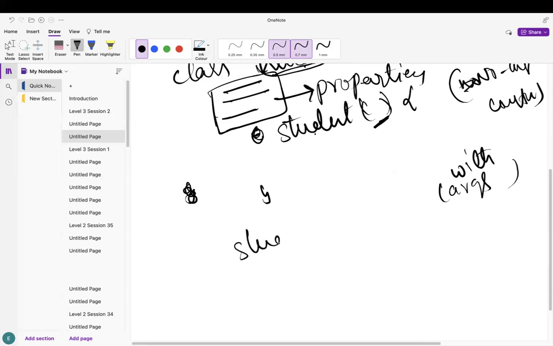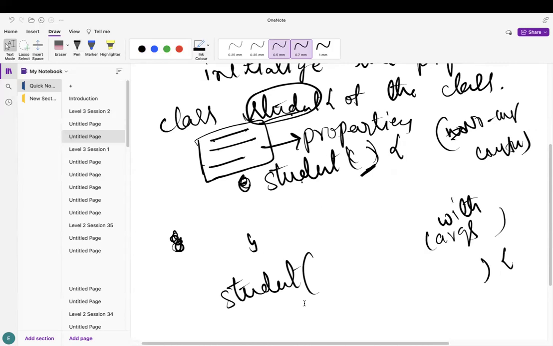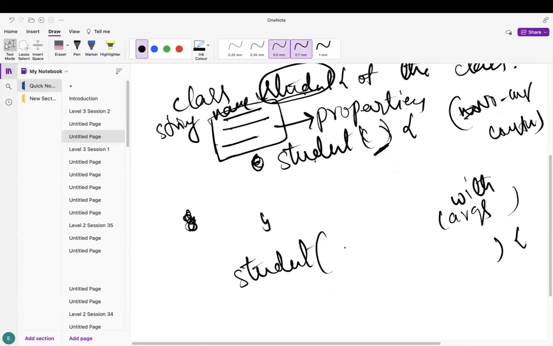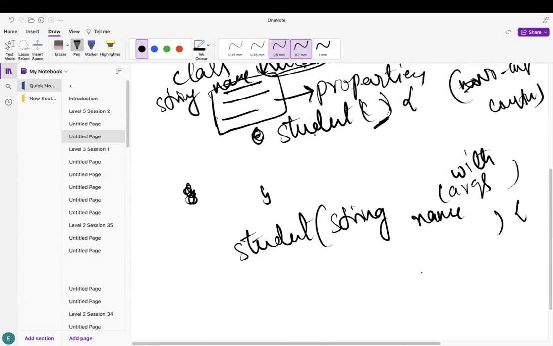Let's suppose the constructor has the same name as the class, and we have to give some arguments here. Let's suppose Student has one property, name. If you want to initialize that name, you have to give one parameter, name, in this argument list, right, guys? What we need to do here is initialize the